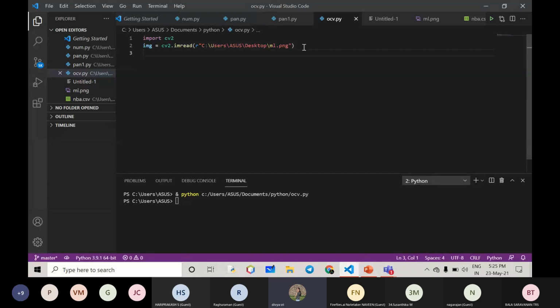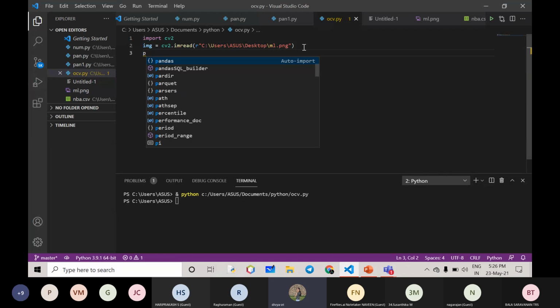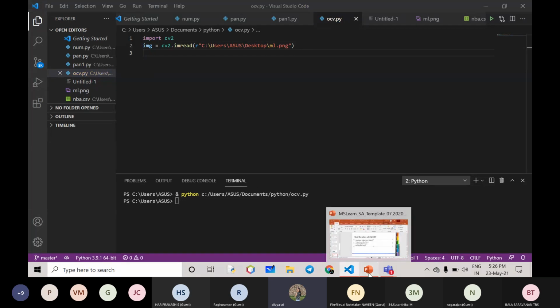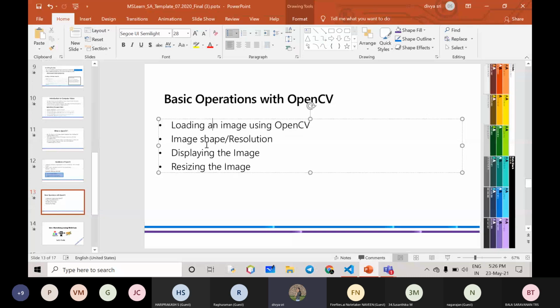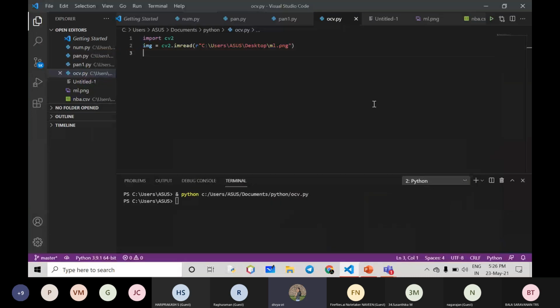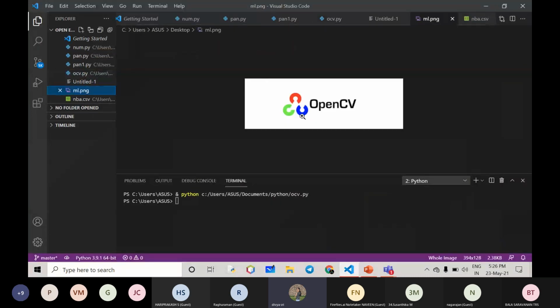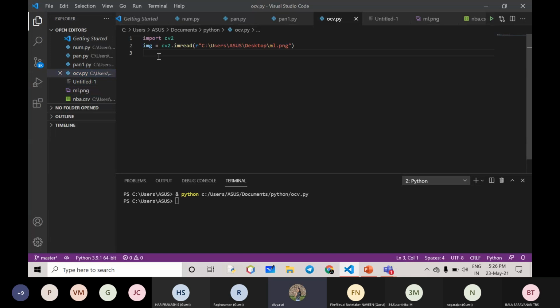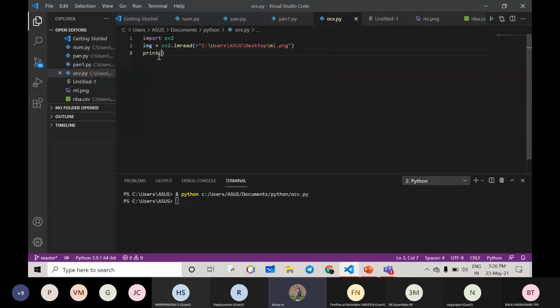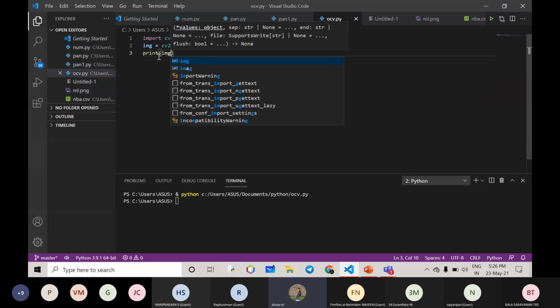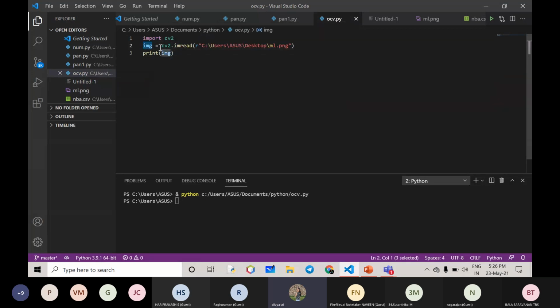Next, we are having the image shape or resolution. We are going to find out the resolution of an image. In order to do that, you can just call the img variable where we loaded the image, give a dot and give shape.